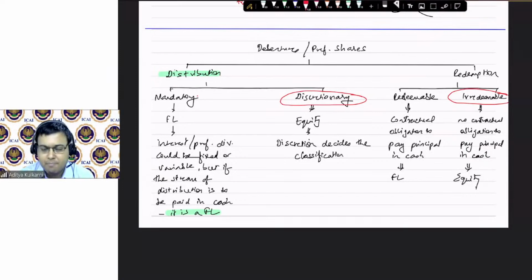The year is done, very profitable, dividend is not declared. Next year comes, very profitable, dividend is not declared. The third year comes, very profitable, again dividend is not declared. You got frustrated and went and sued Reliance Industries: this company is not giving me dividend at all. Tell me one thing, will you win that case which you have filed against Reliance for not declaring dividend?